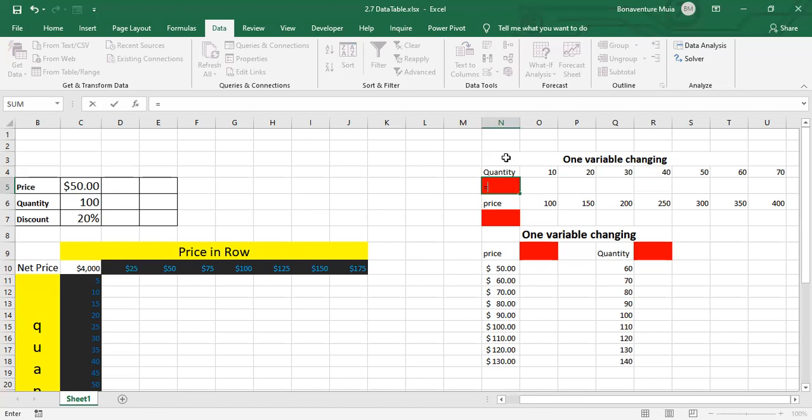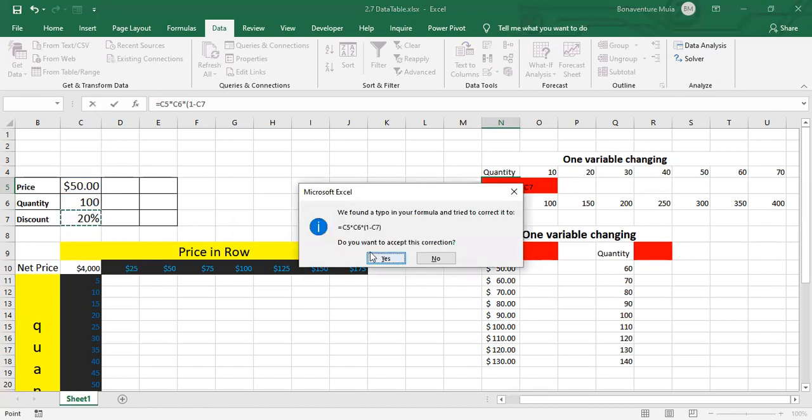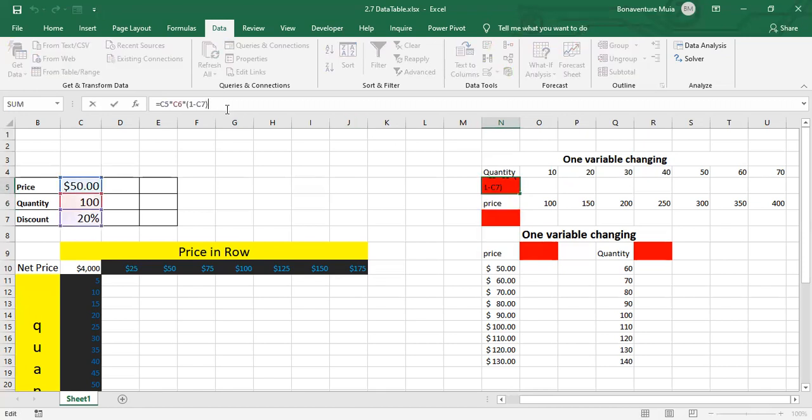And the formula for calculating the net price, we have said, is price multiplied by quantity multiplied by 1 minus discount. So you need to have that last parenthesis here. All right. So with that formula in place on cell N5,